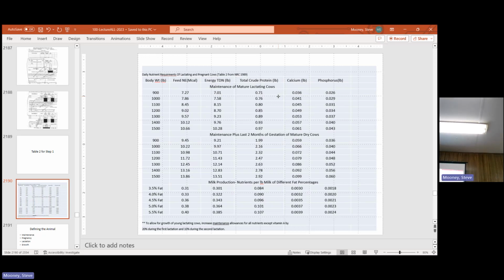We could take something in between, or an average of above and below numbers or something like that. We don't have to be that exact, and they're not huge changes from one to the other. So if we've got a 1,200 pound dry cow, last 2 months of gestation, she's going to need how many megacalories? 11.72. How many pounds of crude protein she's going to need? 2.47,